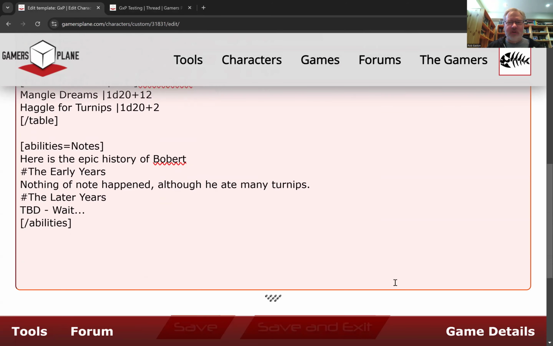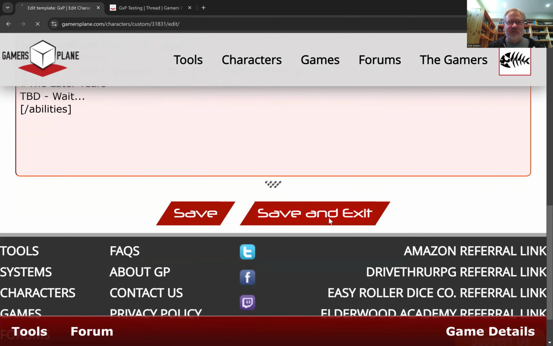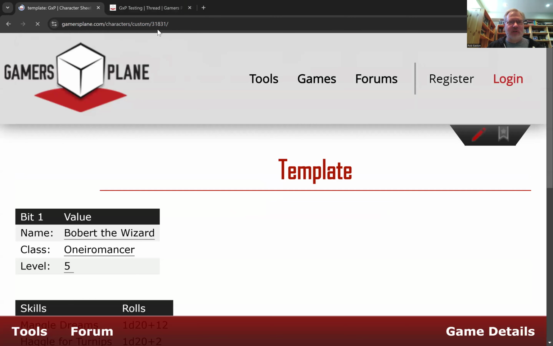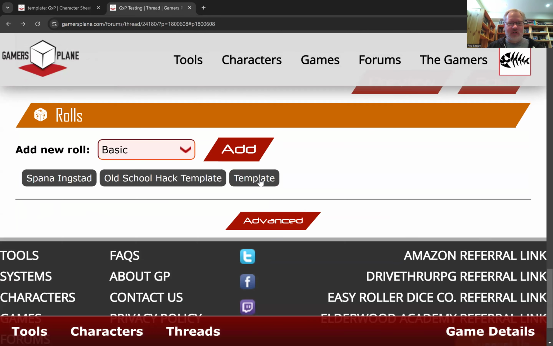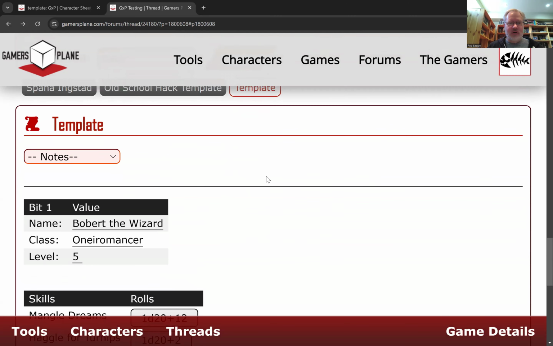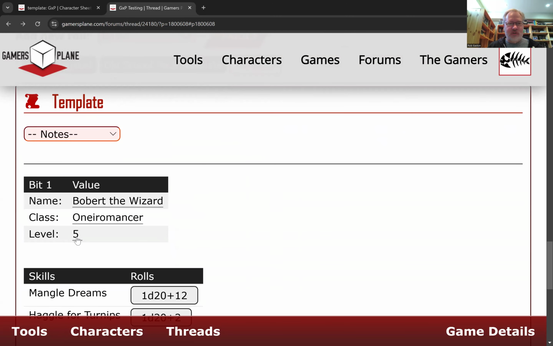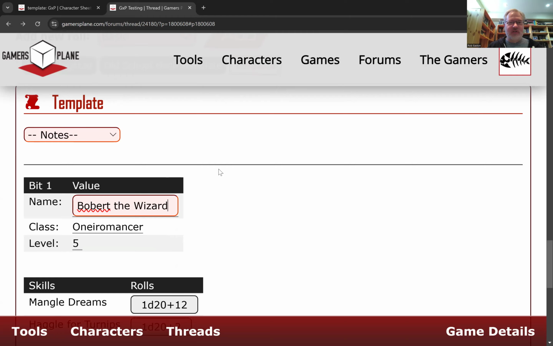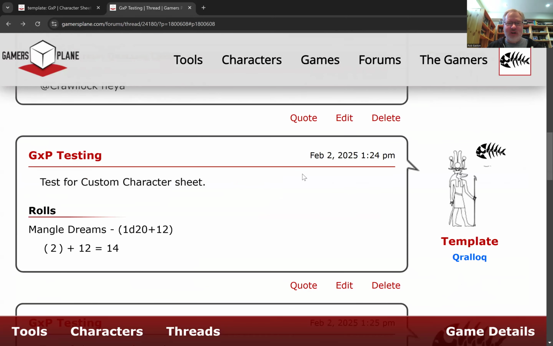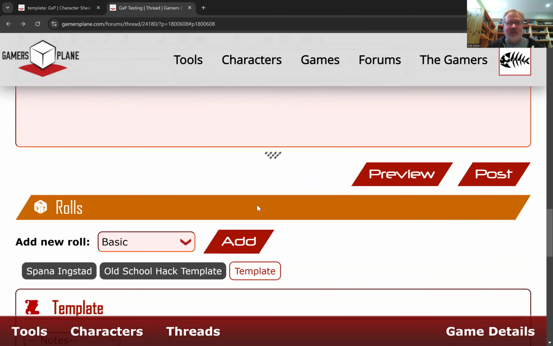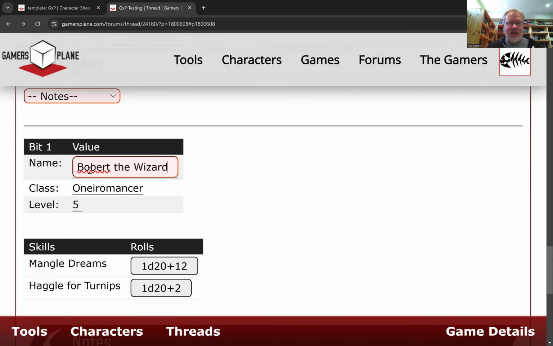then why might we do this? I'm going to save and exit here. I'm going to go back to here. I'm going to close this, reopen it so it reloads it. And now you see those lines, these are editable. So I'm not even editing the character sheet. I'm in the game. This is the game, right? And this is just the preview of the character sheet, but I can edit the